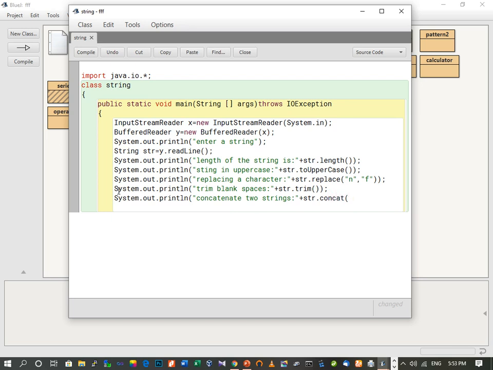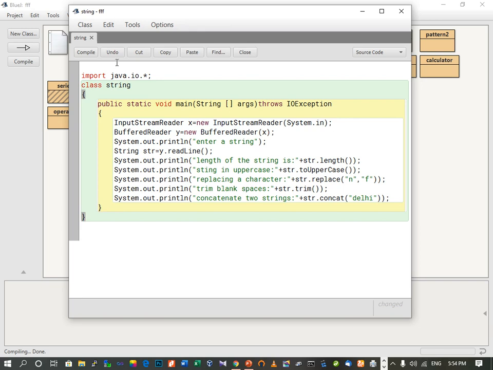Suppose our original string is new, so we want to concatenate Delhi with it. So we write here the string which we want to concatenate. Let it be Delhi. We close the bracket. So here we have written all the functions. Now let's close the brackets. Here we have completed our program.